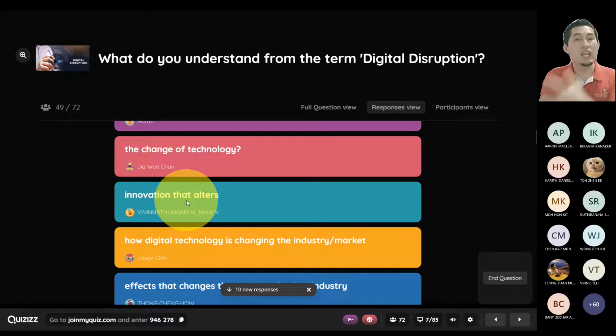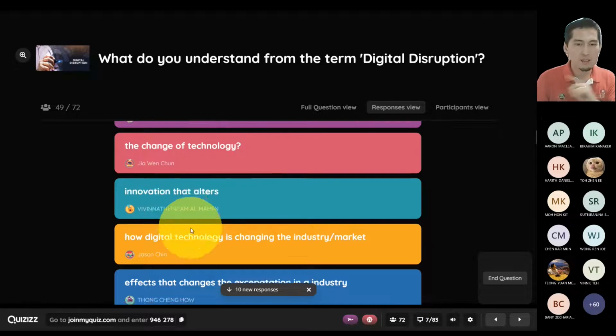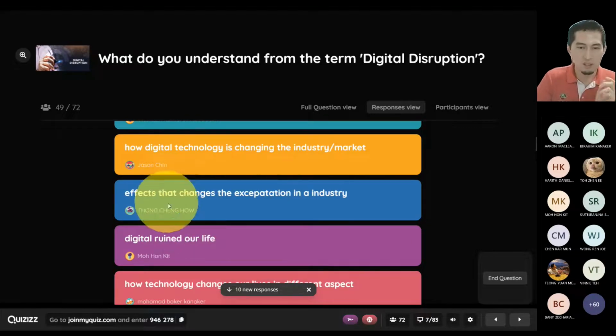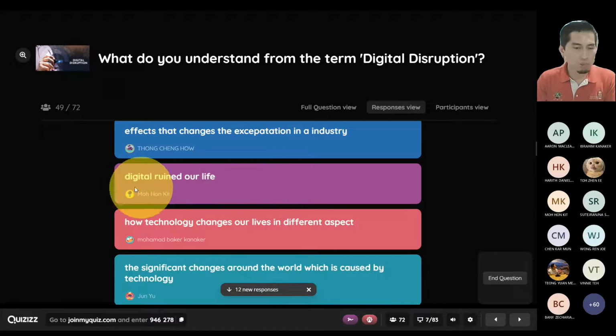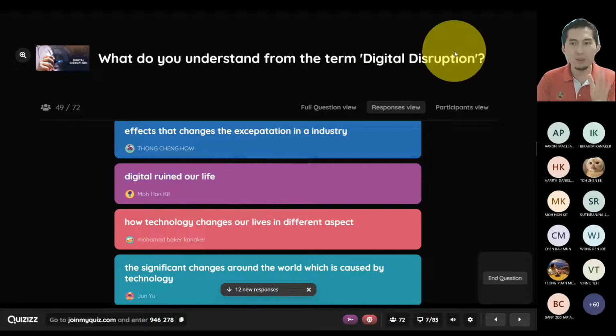So Jia Wen says the change of technology. Change here will then be referring mainly to evolution, yeah, not necessarily the word disruption. Innovation that alters how everything is affected. Okay, all right. So a lot of you get an idea about it. No, we're not talking about digital ruining our life. I know the word disruption doesn't sound very positive,